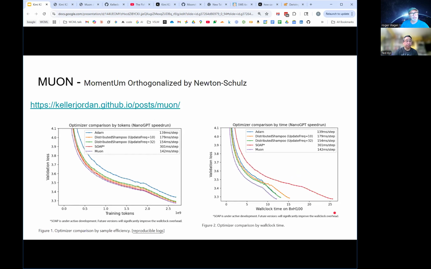And then the important thing that shows up in the blog right away is these curves. Focusing over here, they have validation loss versus training tokens. Adam's the blue one, the one along the top here. Apparently, there's a couple of other second-order-ish algorithms that they're comparing against. But move on.